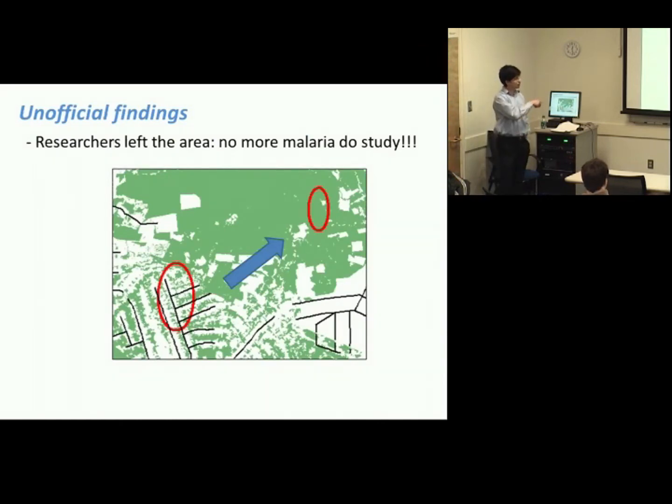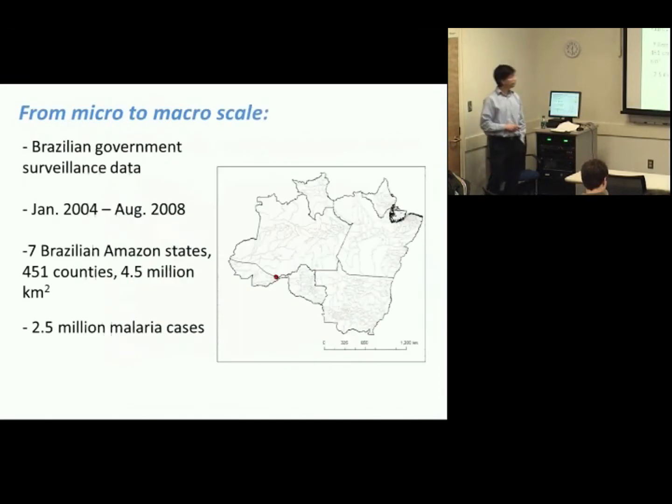So I never got to publish this, but I thought this result was really interesting. And talking to the epidemiologists, they never agreed with saying that areas with high forest cover actually imply higher malaria risk. But if you just look at the patterns of where they went and so on, it seems suggestive. So now we are going to go from 20 kilometers to